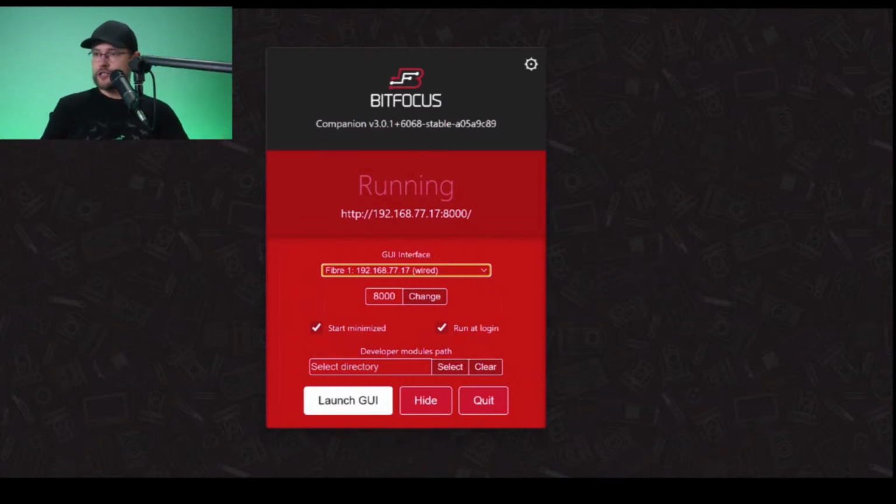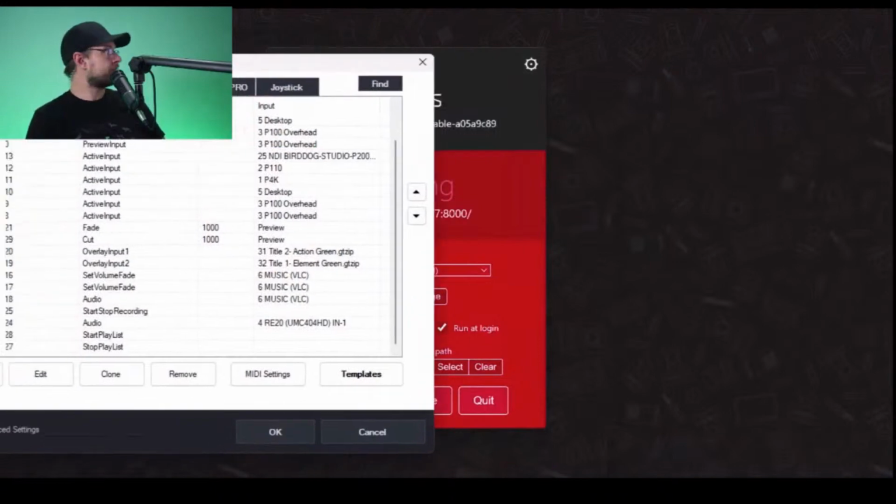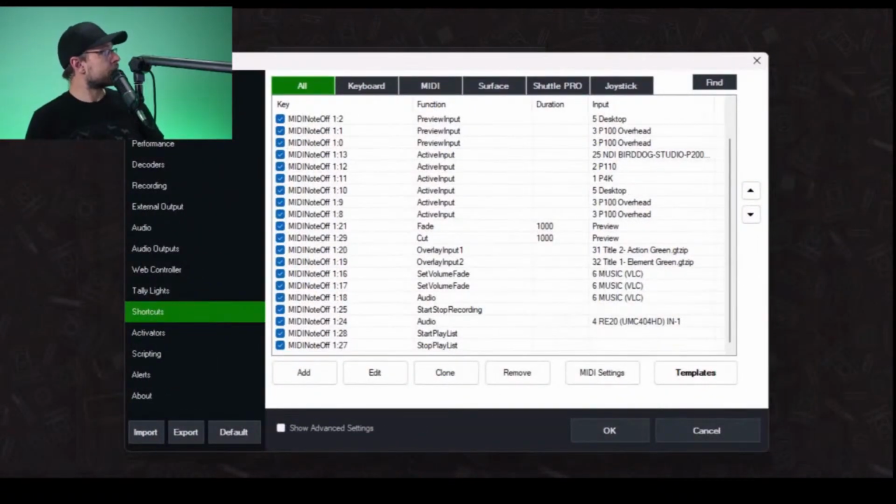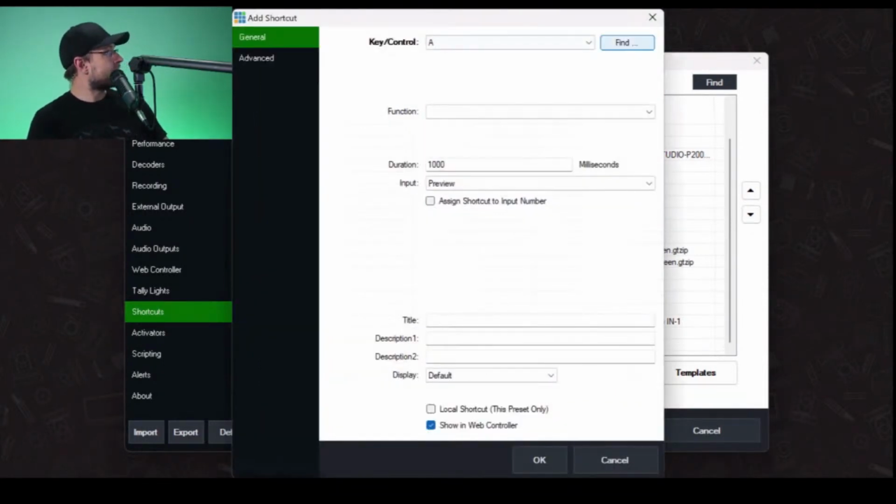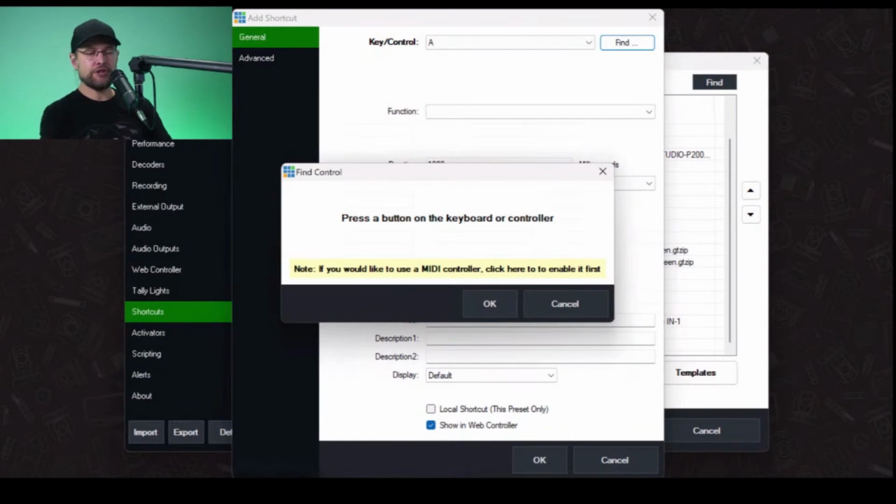But first things first, I need to go into vMix and do something super scary and delete all of my shortcuts. This is kind of nerve-wracking. Inside of vMix, I have shortcuts that are MIDI notes. That's how Xkeys comes across when you say add. I can do this for you. You say add, then you say find key, and you press a key, and it finds MIDI note, channel 1, note 26.